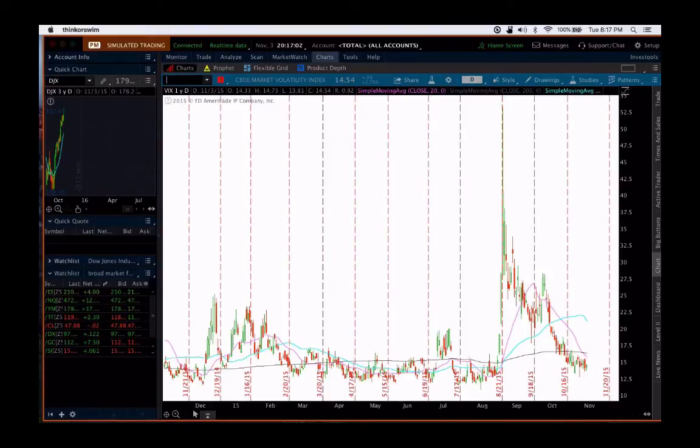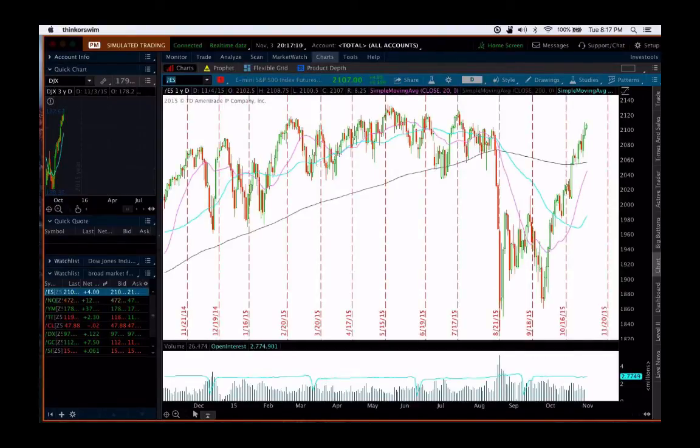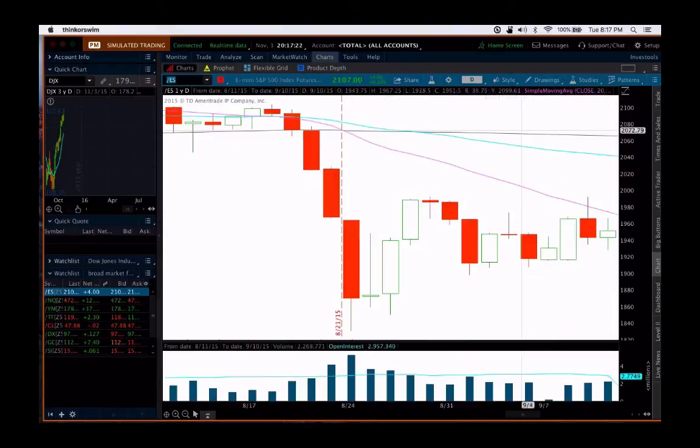Now, let's just come back one last time to the E-mini S&P, because that's generally our go-to. And when we look at it as far as can it go higher, of course it can. It is extended up significantly. It's been the biggest run we've had since last October. And it's really gone and corrected. Whoops. Let's see if we can